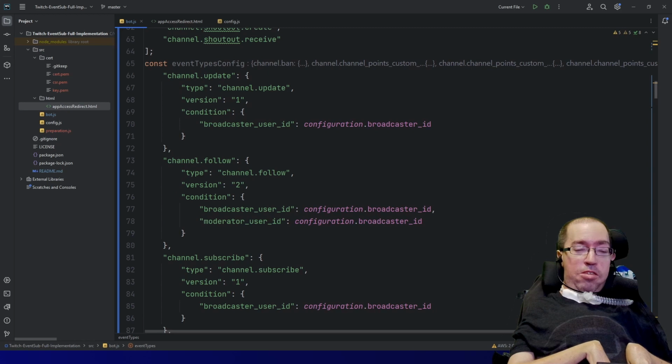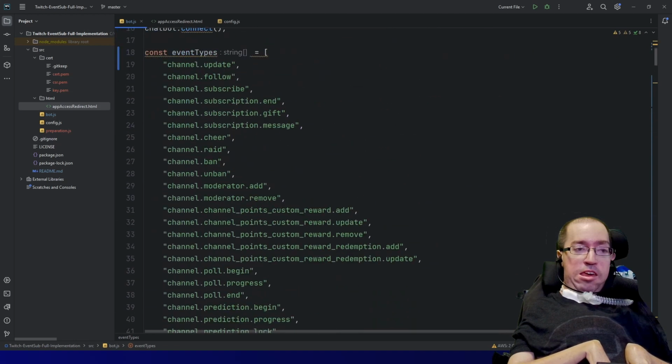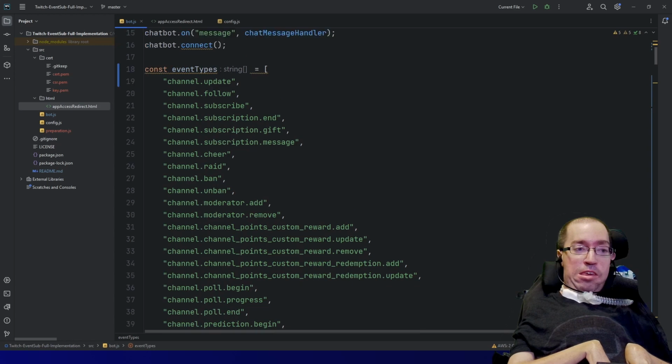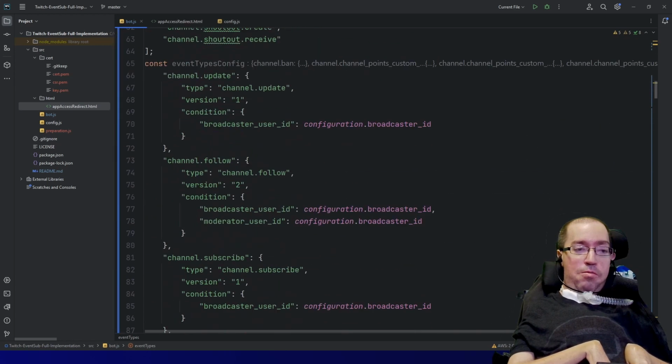You'll notice that the keys for all of these JSON objects correlate to the array indexes of the event types array. The reason for this is that the configurations for each event are actually somewhat different from each other,